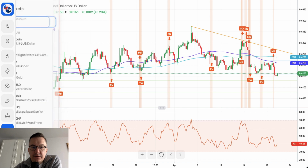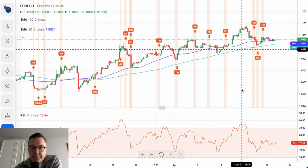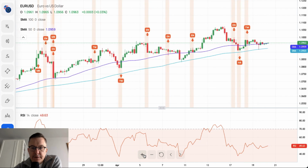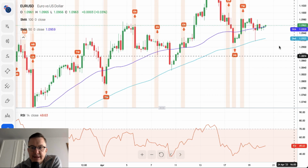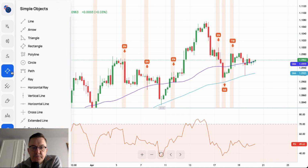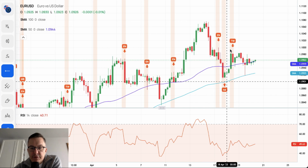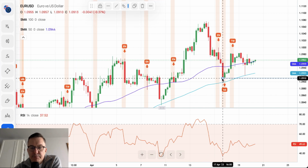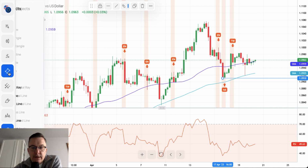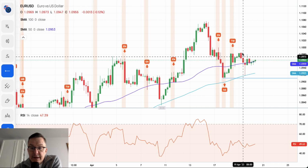Now let's take a look at the euro. The euro dollar classical market analysis is telling us that just recently we've been trying to rebound from this very sharp decline towards the level of 1.0910. It was so far so good, but we didn't rise more than towards the level of